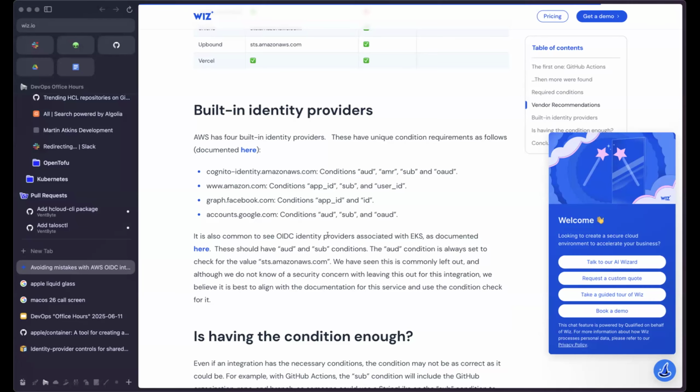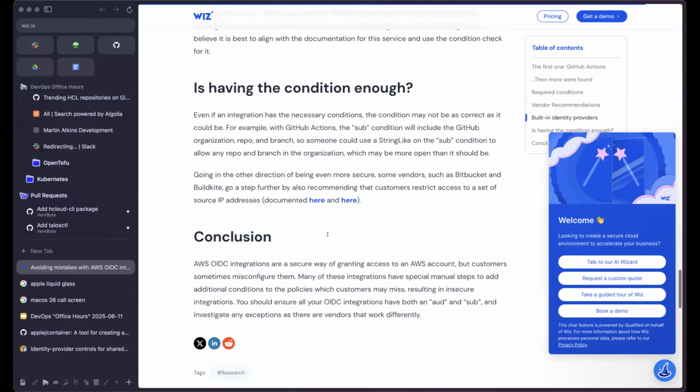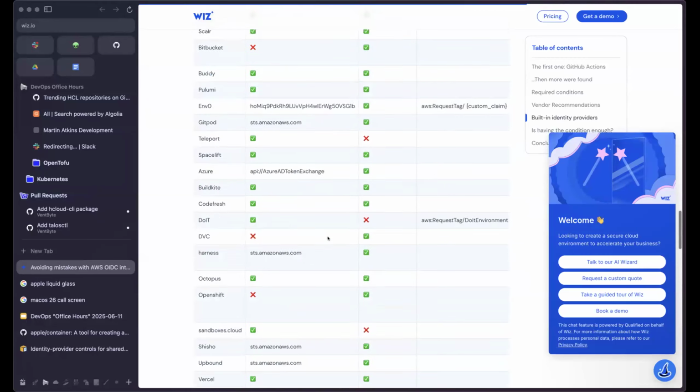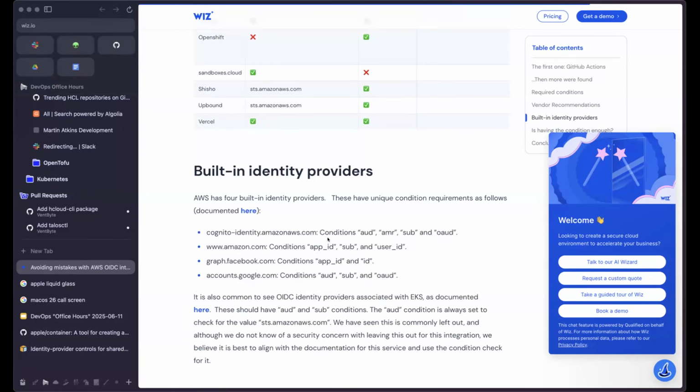I think they're going to start having public OIDC ones for well-known OIDC integration points, where they'll just have a canonical one for GitHub that you can give access to your account, and then you'll use those claims